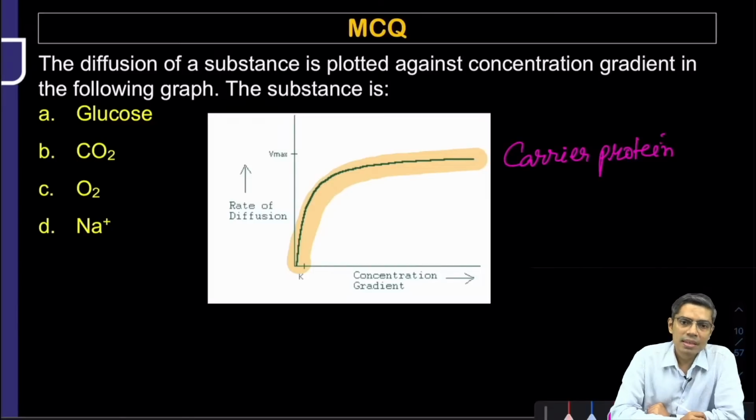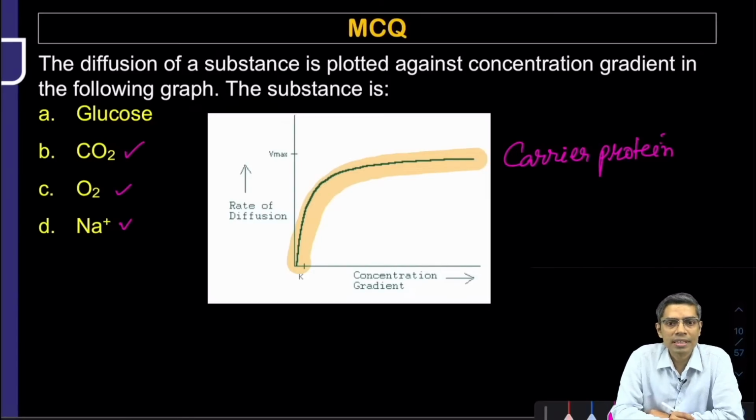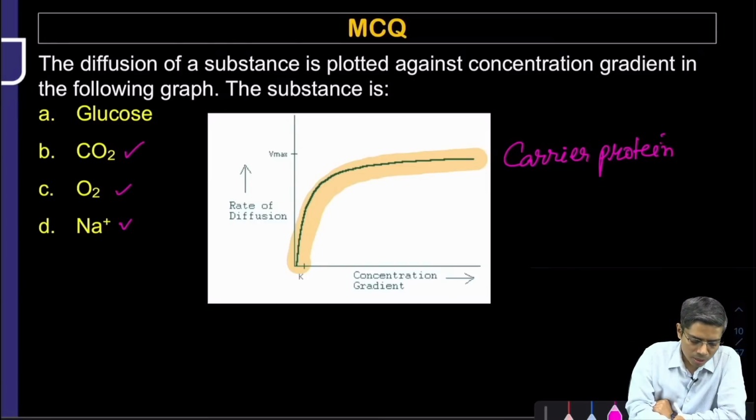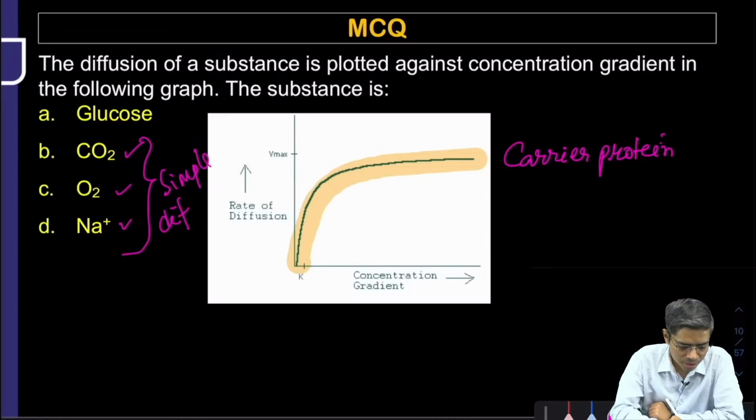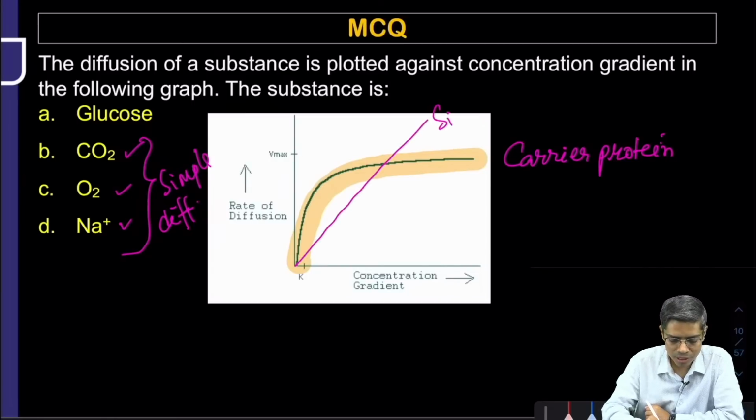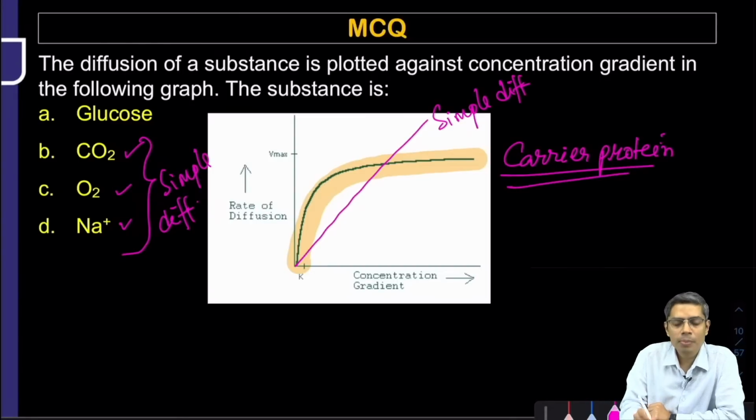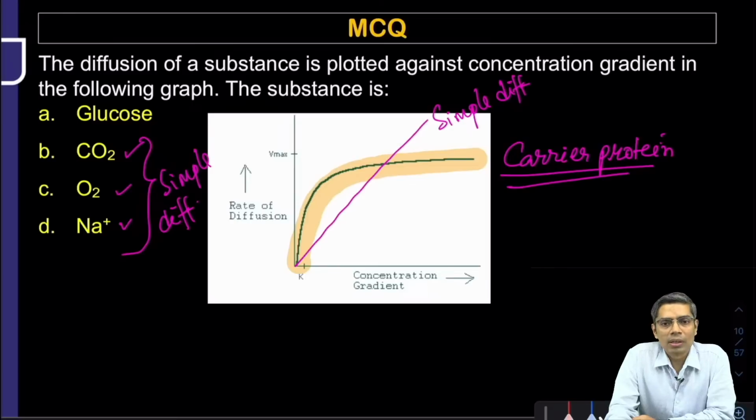So, if I look at the substances, carbon dioxide, oxygen, sodium. Sodium penetrates the cell membrane through channels, and for carbon dioxide and oxygen no channels are required, but whether it is mediated by channels or not, they are part of simple diffusion, right. And all of us know that the simple diffusion curve is a straight line like this. So, this is the typical curve of simple diffusion, but here it is carrier protein mediated diffusion,